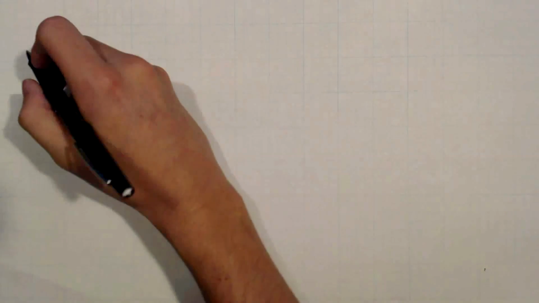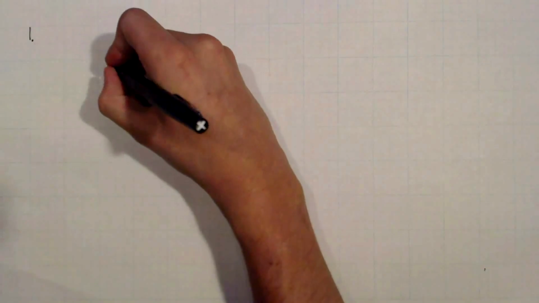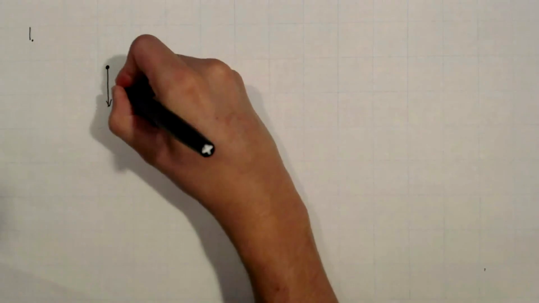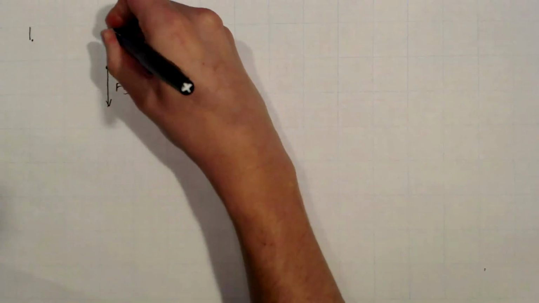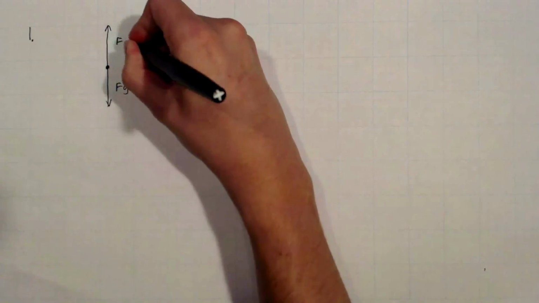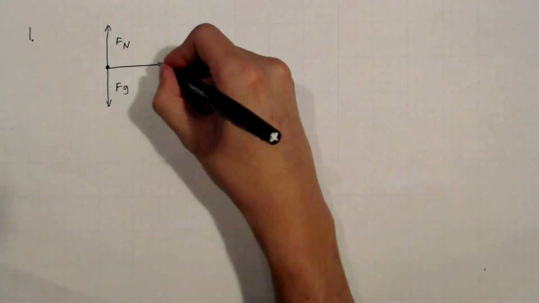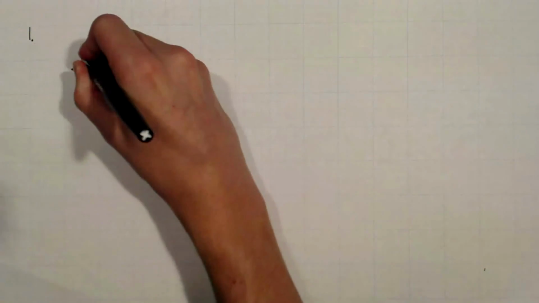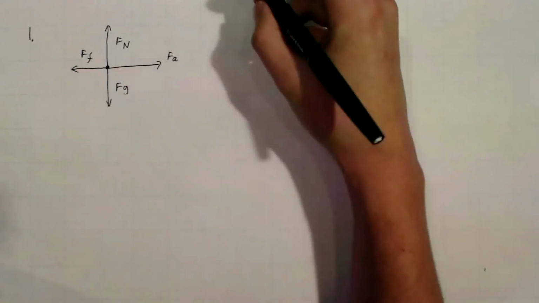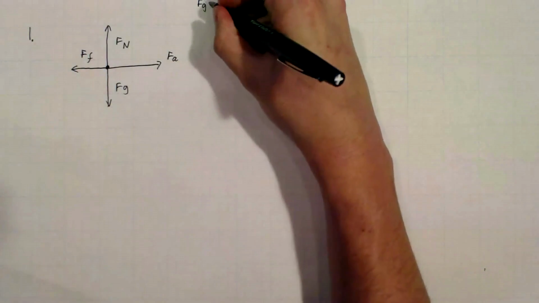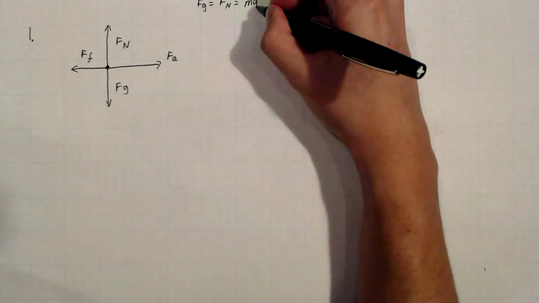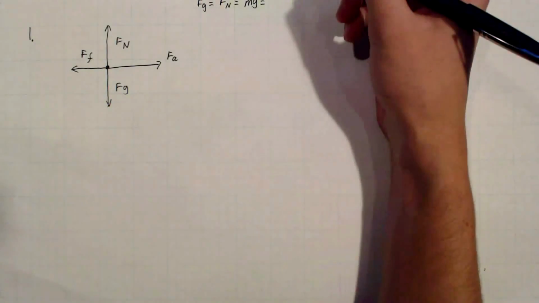So this is problem 1, and the first thing we're going to do is draw a free body diagram. So we got our force of gravity, our normal force, our applied force, and our frictional force. So our gravity is equal to our normal force is equal to mass times gravity, which is equal to, let's see,